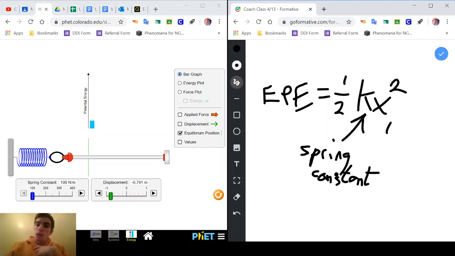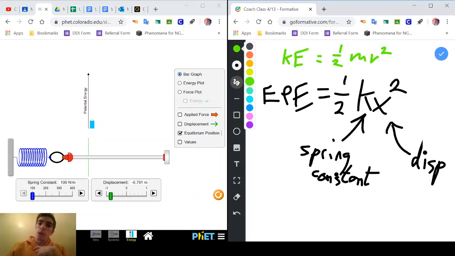And the interesting thing here is that we can draw a parallel, and I'll just write this above, between this and our kinetic energy equation, which it's been a little while since we've talked about kinetic energy, but that kinetic energy equation was 1/2 mv squared. For elastic potential energy now, we have that it's 1/2 kx squared. We won't go into the derivation of this equation. It would require a little bit of calculus for us, so we're not going to go into that. That's not something I expect you guys to know,